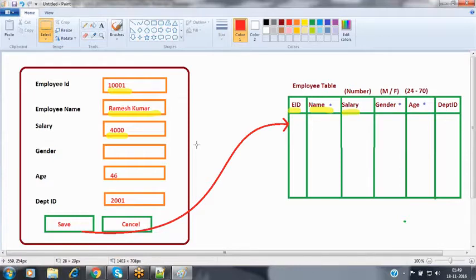Validation rules are used to enforce the user. We are forcing the user to please provide the proper information, the correct information, so that we do not have any inconsistent information inside our application. For that, we are going to be enforcing the user to provide the proper entry of data.